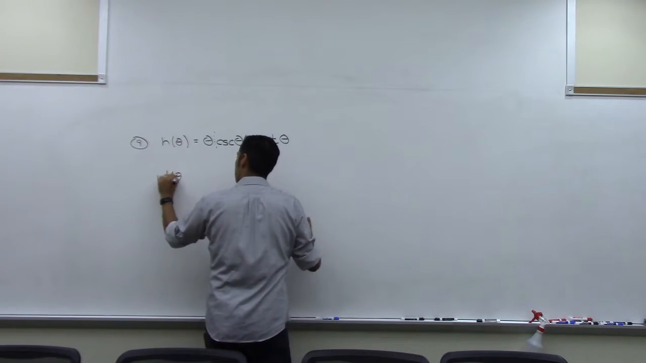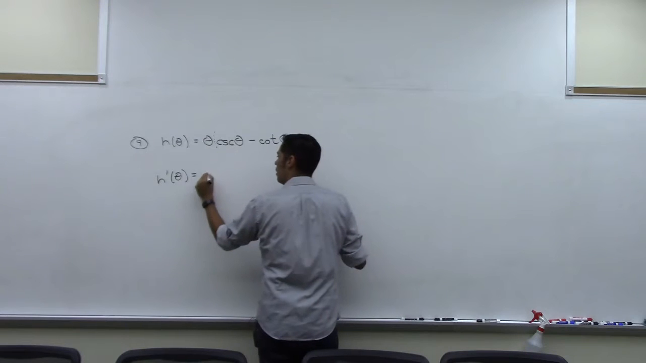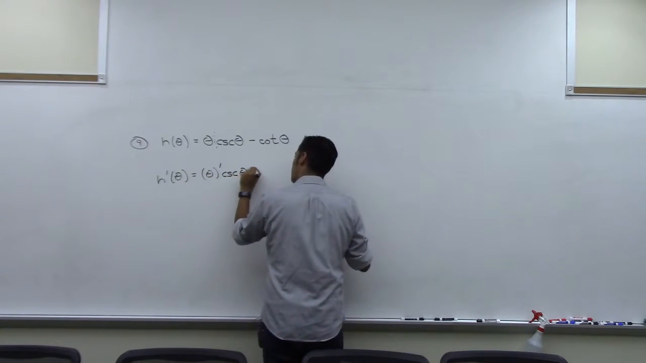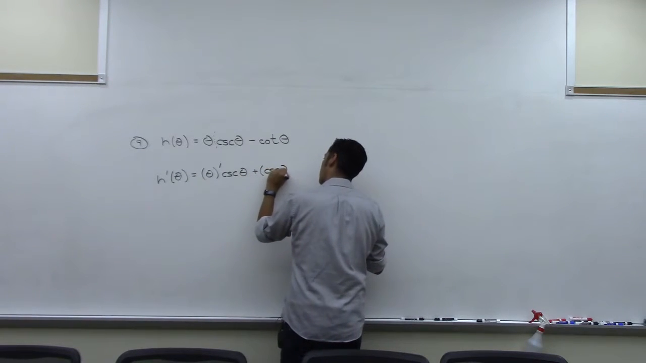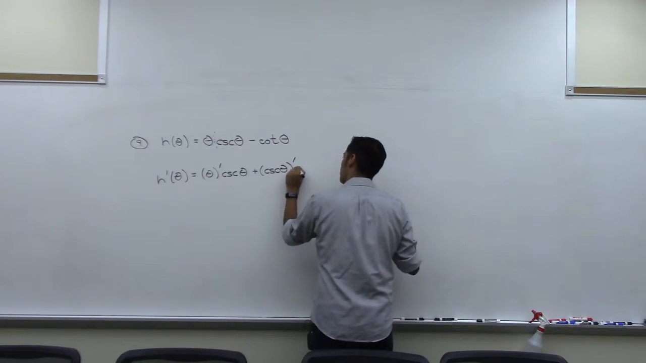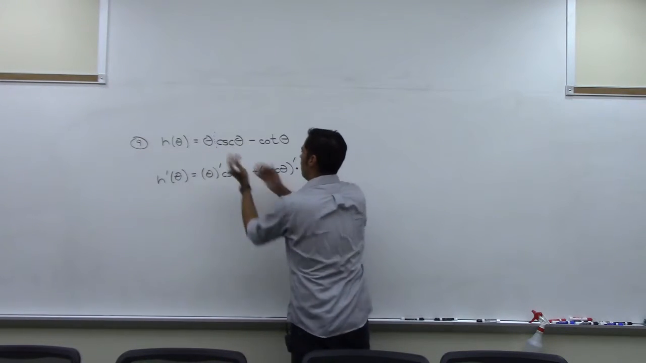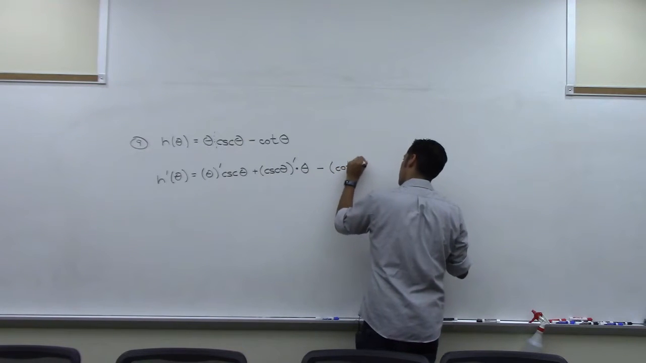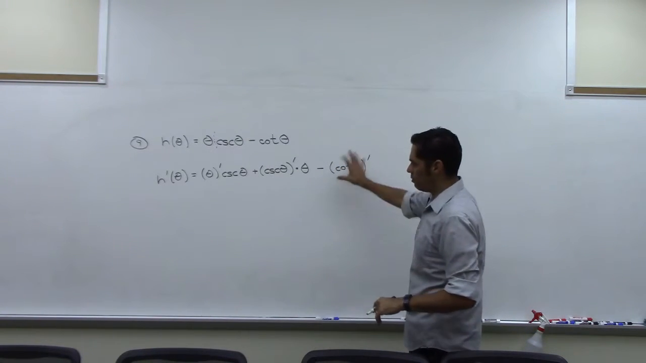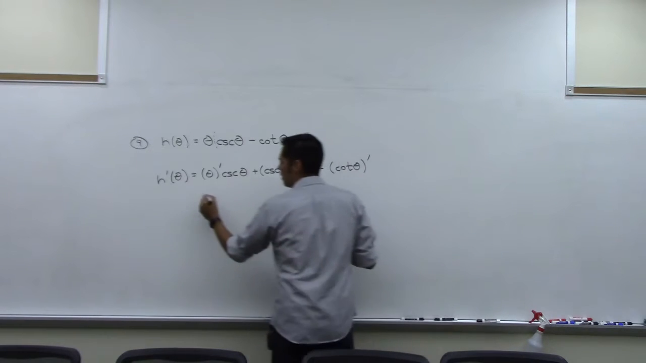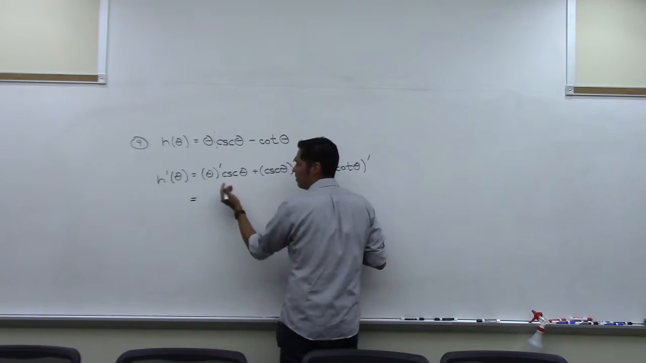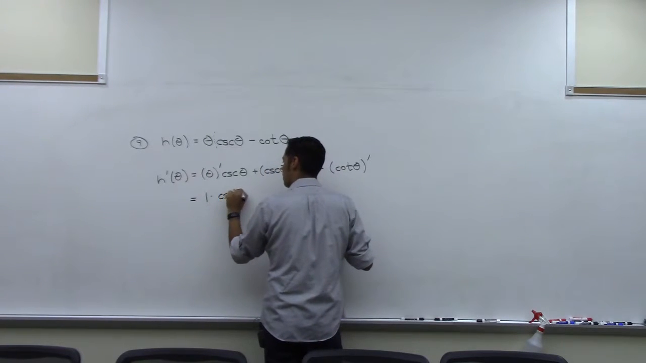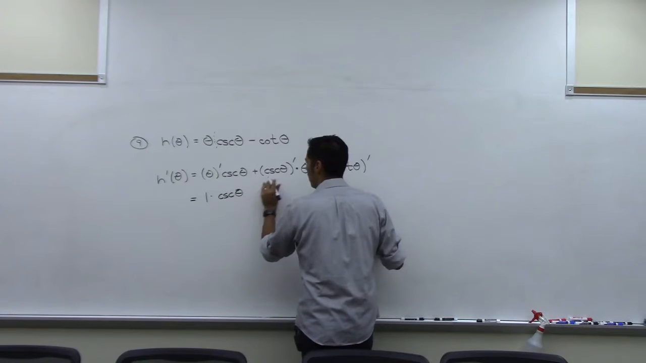So the derivative of h should be a product rule here, which is the derivative of the first one times the second one, plus the derivative of the second one, here it is, times the first one. So there's your product rule on that. Then minus just the derivative of cotangent theta, all right? No product rule or anything. So what is the derivative of theta? Well, that's like saying what's the derivative of x, and that's 1, times cosecant theta, plus